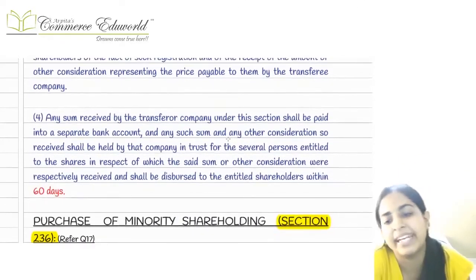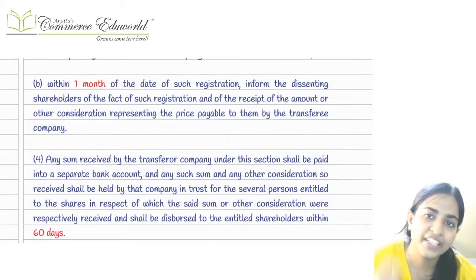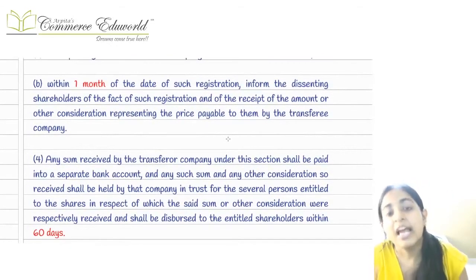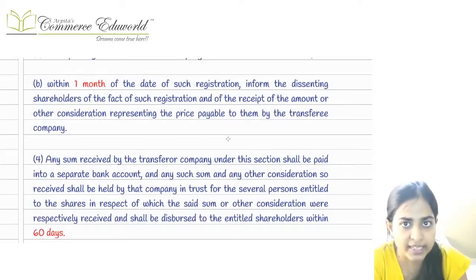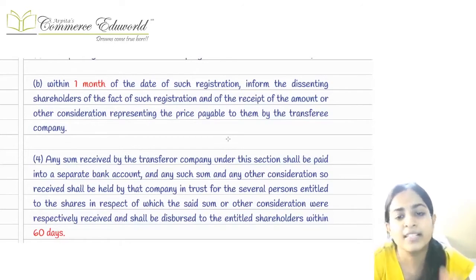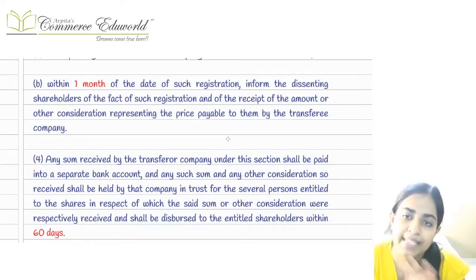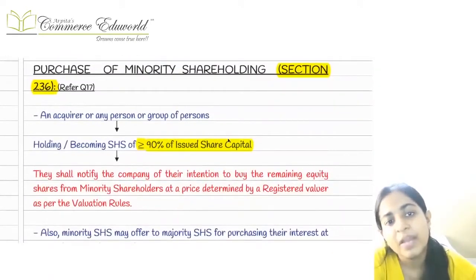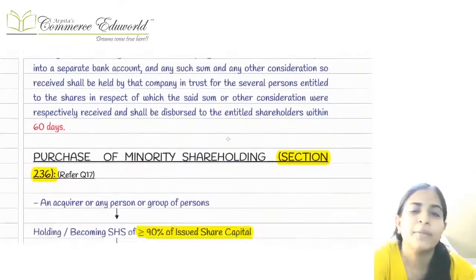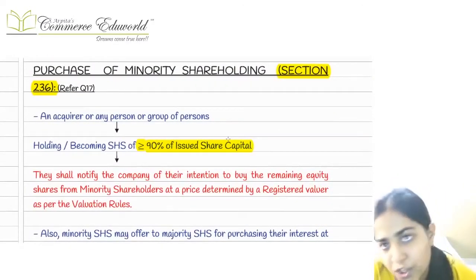by putting the money in a separate bank account. The day we acquire their shares, we have to immediately transfer the money for their shares. They are obviously going to get the consideration. We are going to transfer their consideration into a special, separate bank account, and from that separate bank account, it will be paid to them within a period of 6 days. So this is the treatment that is happening with these particular dissenting shareholders.